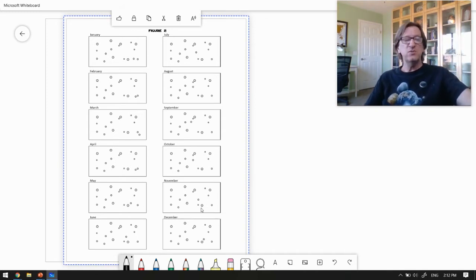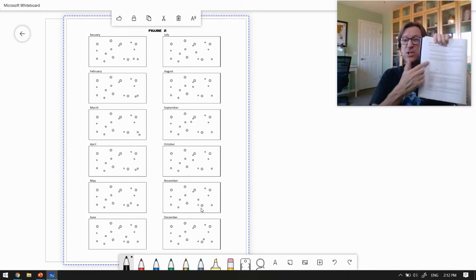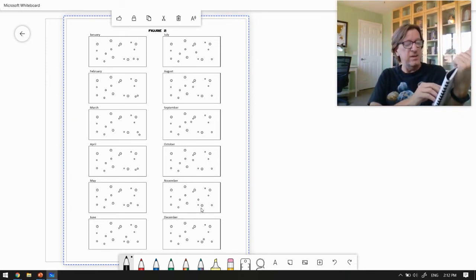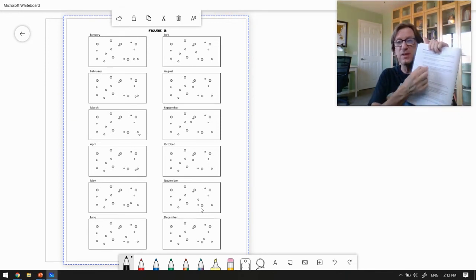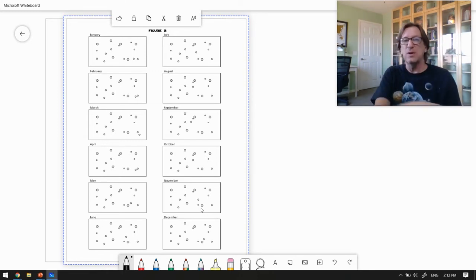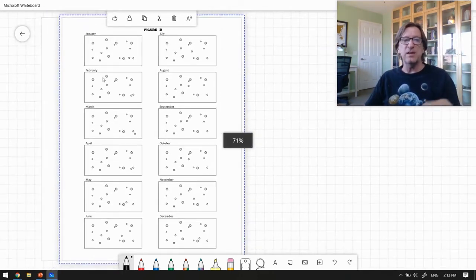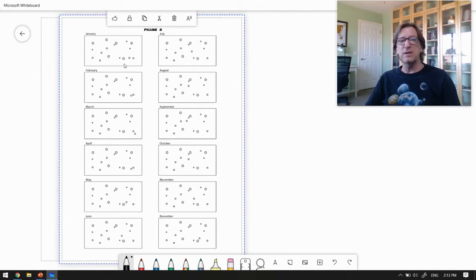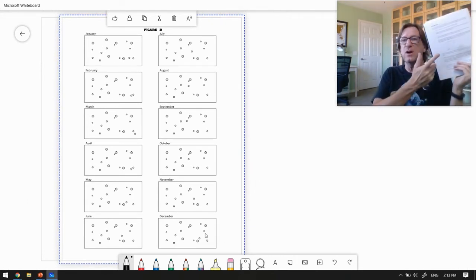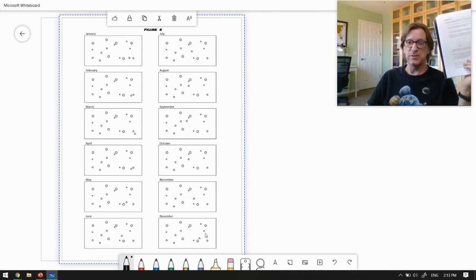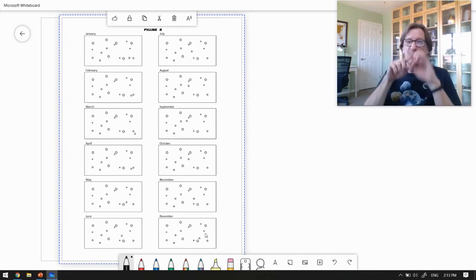Once you've done that, you're going to come back to this page here, and then you're going to mark the extremes of where it went. So, for example, if you found that it went from up here all the way down to here on our different pictures, you're going to plot those 2 points. So the moving star is not in this picture right here. You've got to draw it. And you're going to see that it's separate. Use the background stars to figure out where to plot that picture.